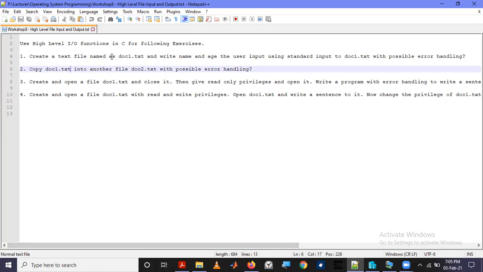So in the first one, we are asked to create a text file named doc1.txt and write the name and age of the user input using the standard input, that is keyboard, to doc1.txt with possible error handling.